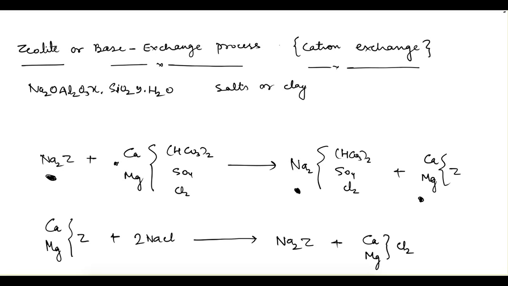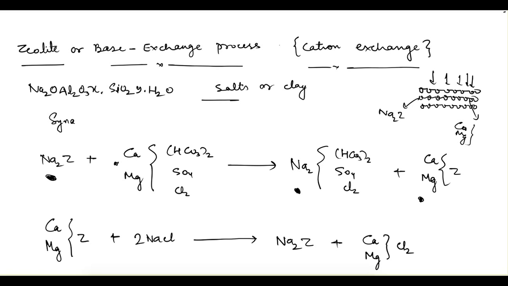In the zeolite process we have a filter bed, like what we had in filtration, a rapid sand filter or pressure filter. Water is filtered through this bed. Initially there will be the compound Na2Z, and after filtration, the calcium and magnesium take the place of sodium. So these are replaced, our water gets filtered, or we can say the hardness is reduced. These are the naturally occurring zeolites. Some synthetic ones can also be made, known as resins.